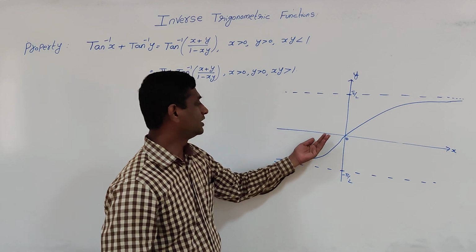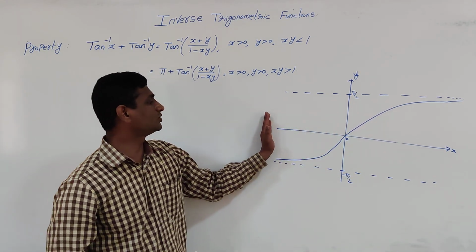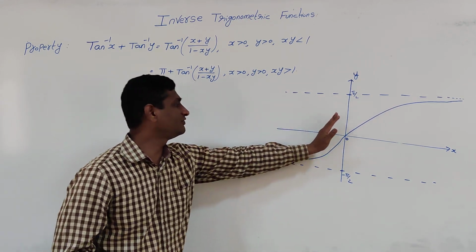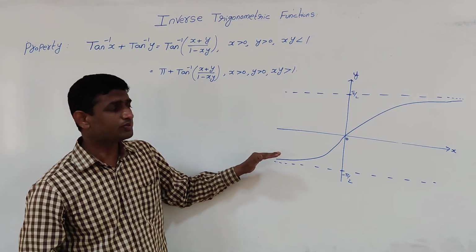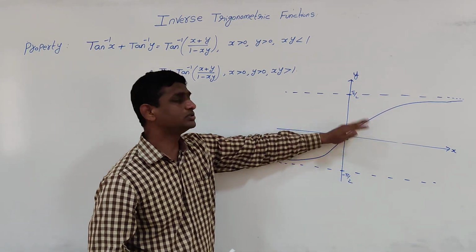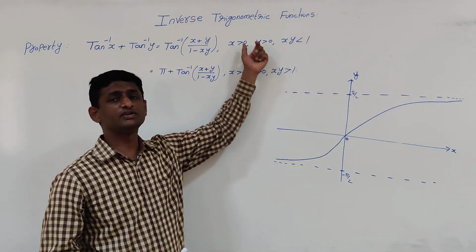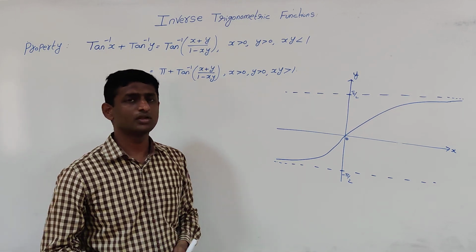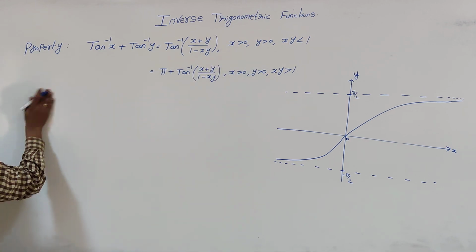Suppose x is a negative real number, means it is below 0, on the left side of the x axis, on the negative x axis, then the values lie between minus pi by 2 to 0. If you are able to understand this, then it will be easy to solve this proof. Now, what is the condition he has given?